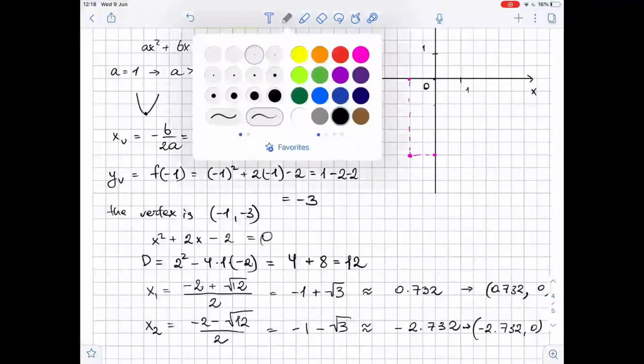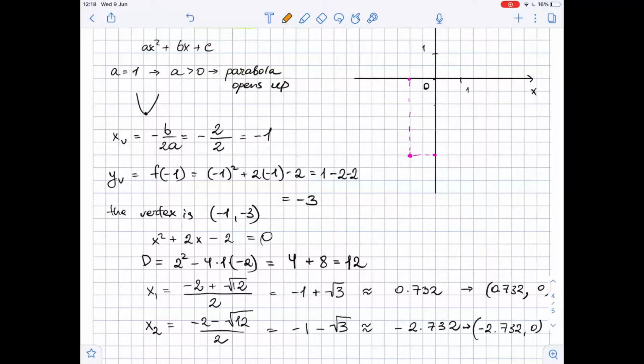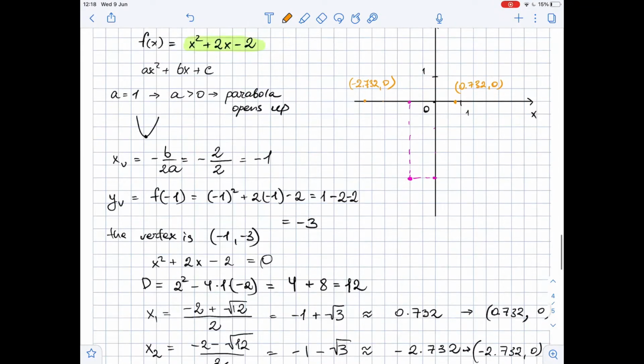Let's find these points on the xy plane. So the first one will be somewhere here. So this is 0.732, 0. And the second one will be somewhere here. It's negative 2.732, 0. Well, now we just need to connect these 3 points